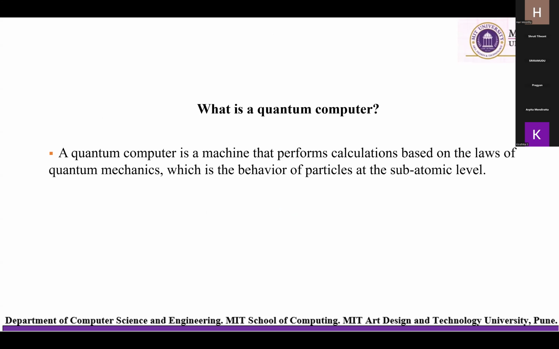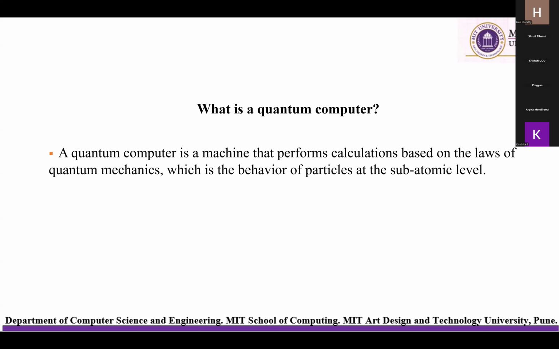A quantum computer, as we were talking about earlier, performs calculations based on the principles of quantum mechanics. Quantum mechanics is the branch of physics that explains the behavior of matter and energy at the smallest scales, such as atoms and subatomic particles. Unlike classical computers, which rely on bits that are either 0 or 1, quantum computers use quantum bits or qubits. These qubits can represent 0 and 1 simultaneously due to superposition, enabling quantum computers to perform many calculations in parallel. Additionally, quantum entanglement allows qubits to be linked, enabling faster and more efficient